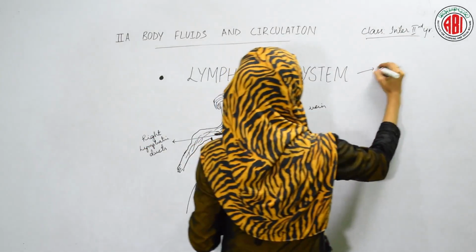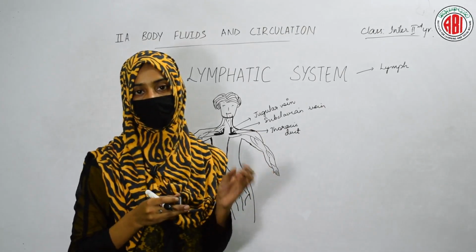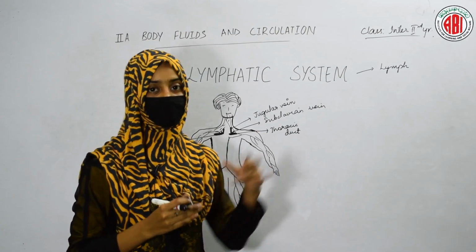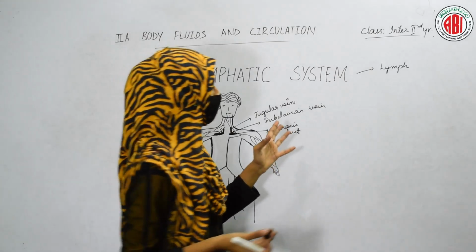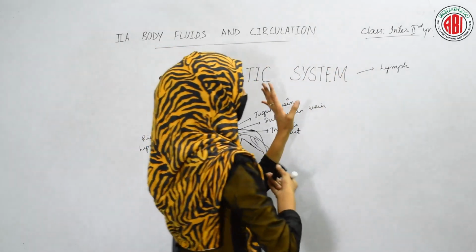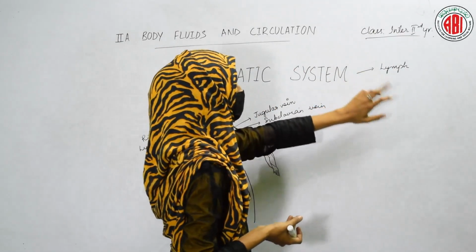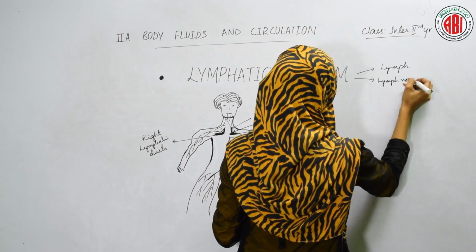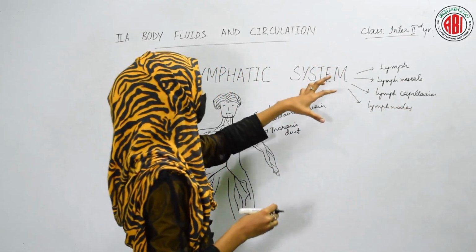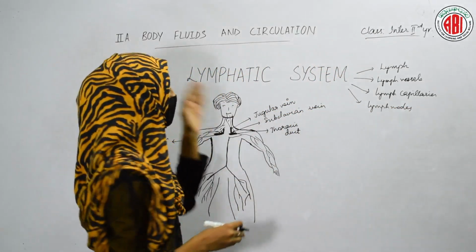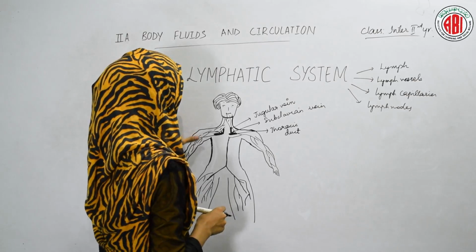Lymphatic system consists of lymph, which is a fluid. It is almost like our blood but without RBCs and without proteins. In the lymph we can find lymphocytes present in large numbers. WBCs are present in the lymph. So the fluid which contains lymphocytes and monocytes is called lymph. Lymph vessels, lymph capillaries and lymph nodes are also present. When we combine all these together, it forms a system in the human body, and we call that system the lymphatic system. Here a diagrammatic presentation of the lymphatic system is given.